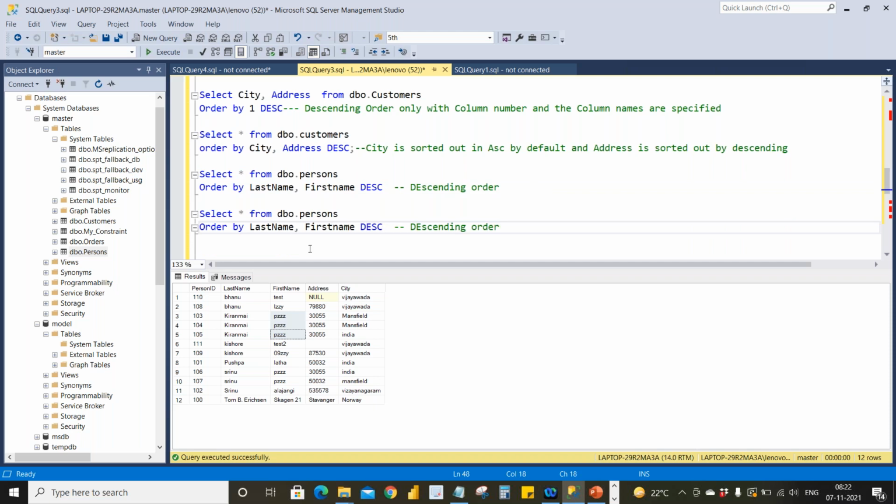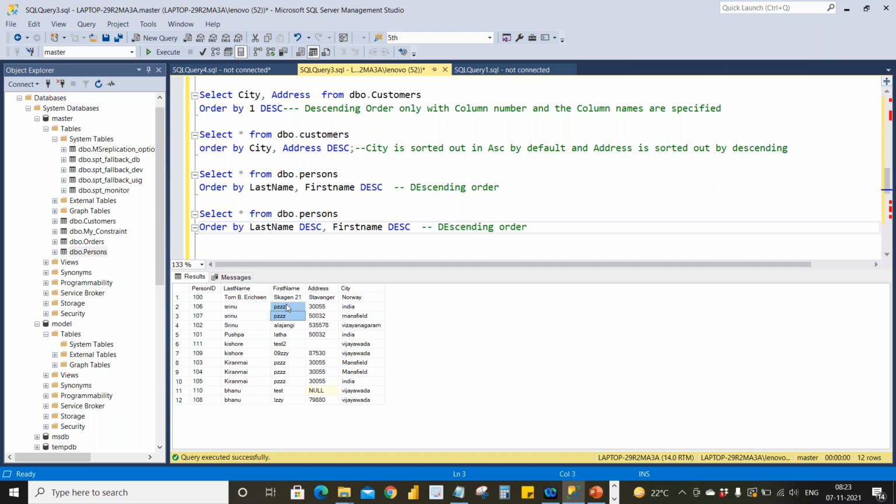And in the same way, if you want to sort last name also in descending order, you need to mention here that it is descending. If you see here, last name is in descending order. That means T being the largest came in the front and B being the smallest is in the last. And if you see this, two Srinus are duplicates, so it will go for the first name.